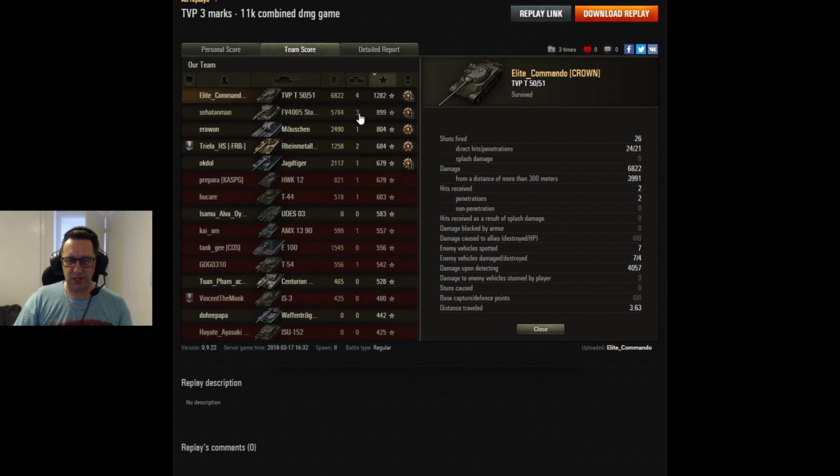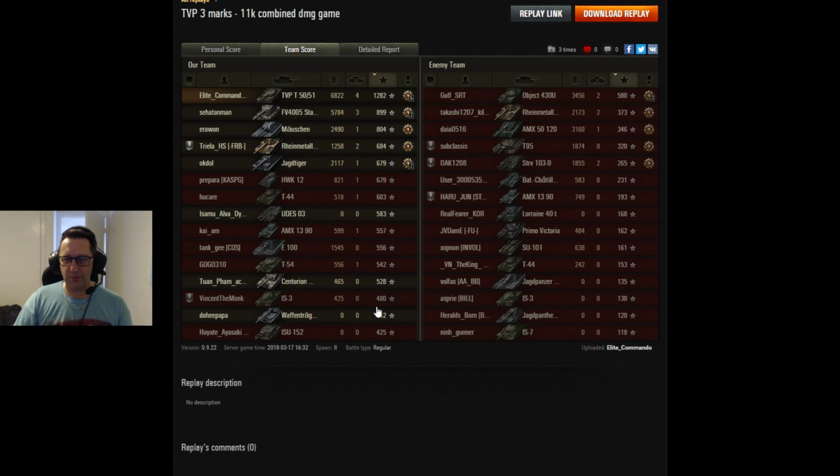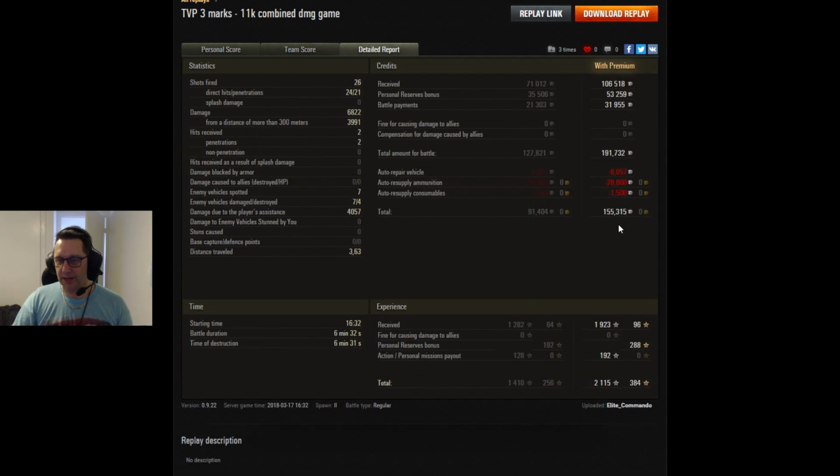4,057 assisted damage. Good job from the big derp cannon. He did nearly 6,000 as well. There were a few passengers in that game though. He even made some coin,